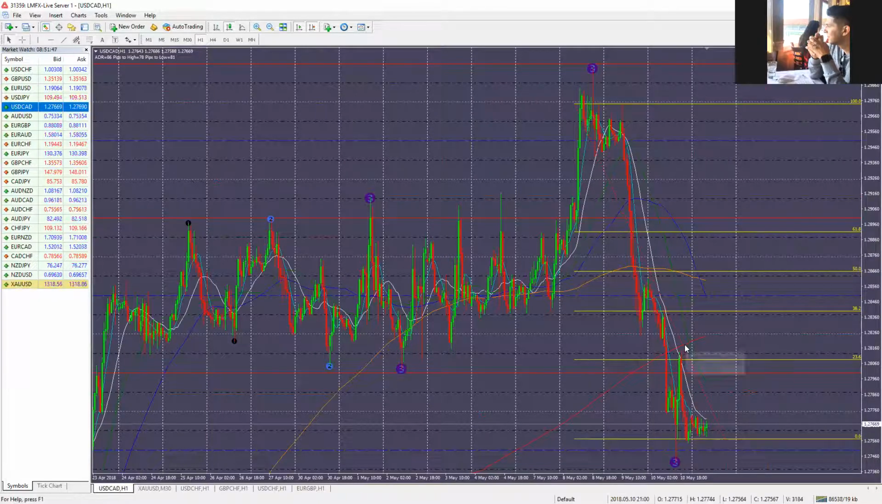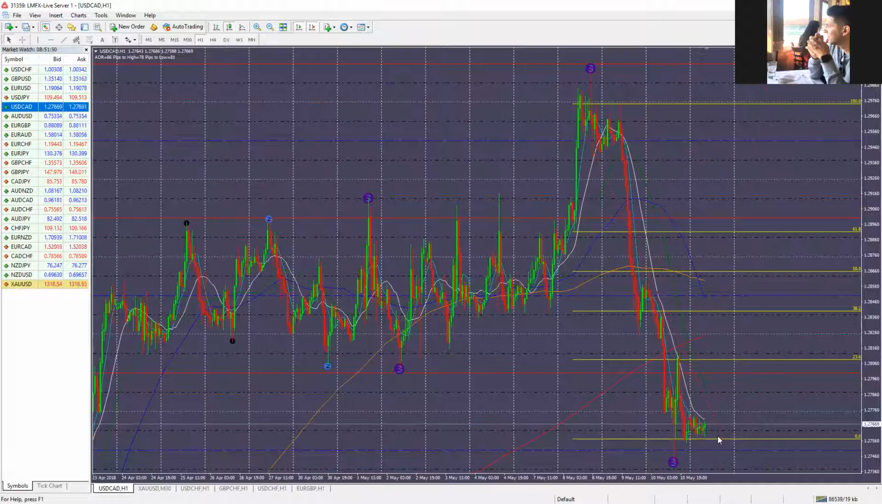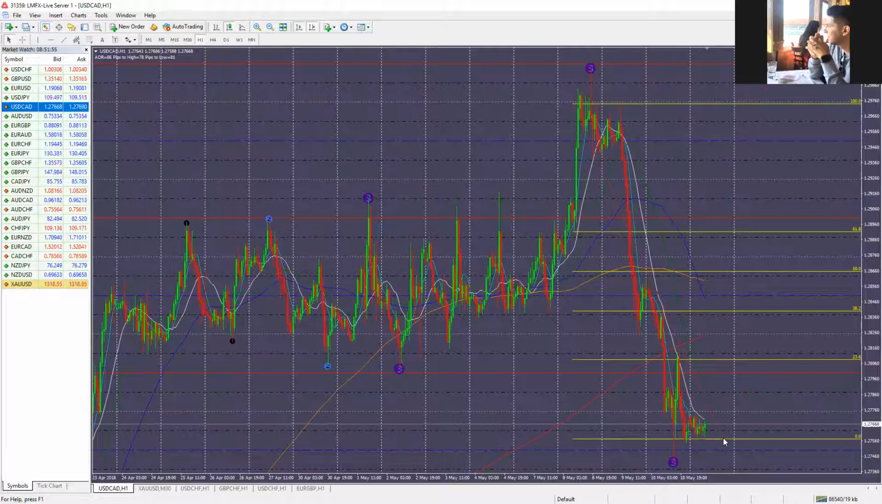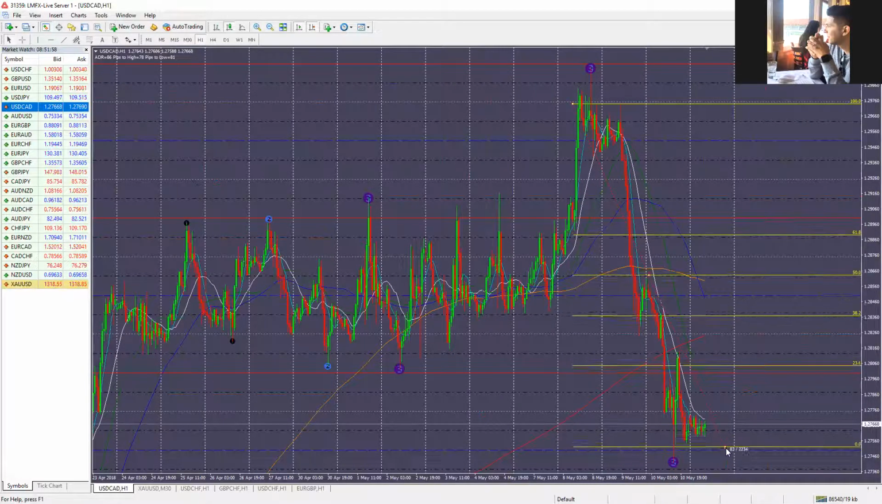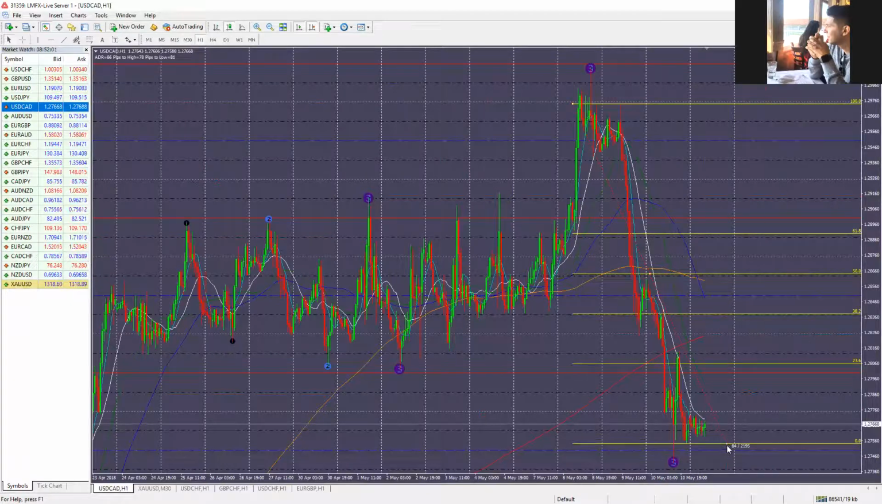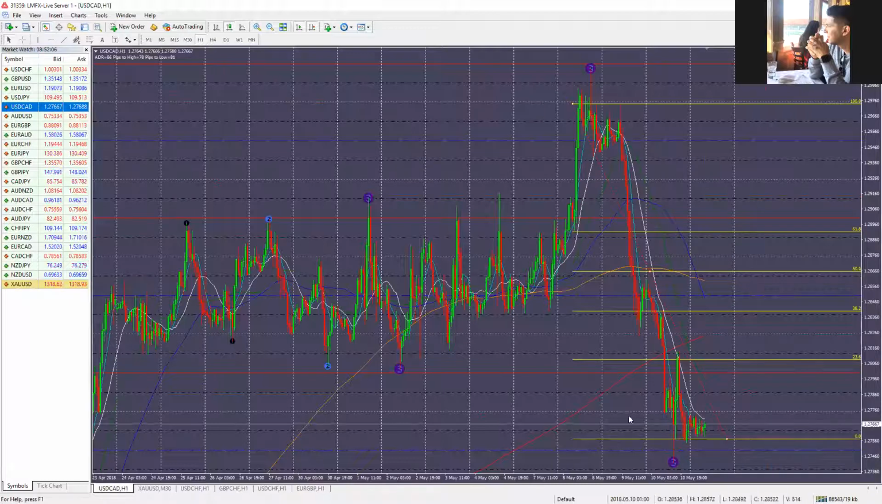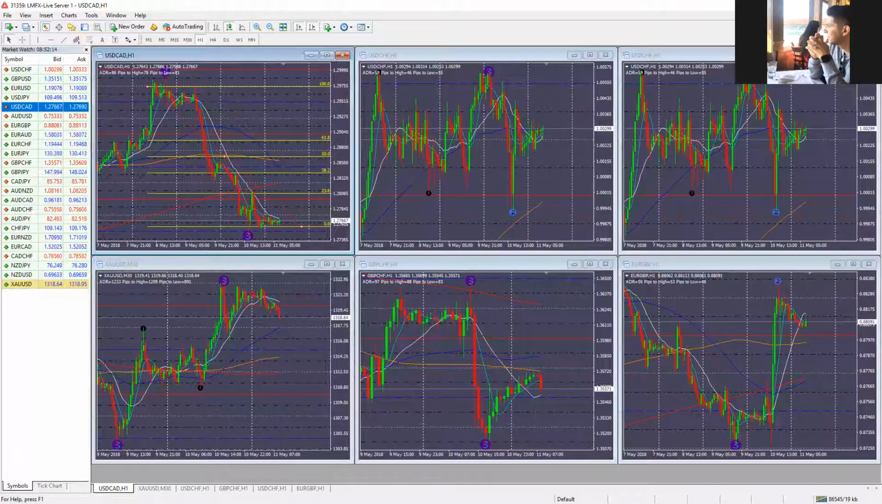So we have some target areas which pretty much align. Yeah, so this seems pretty accurate here. So there should be a reversal happening pretty soon for USD CAD. Let's look at the other pairs. So with USD CAD, we might be seeing a reversal. Let's see with